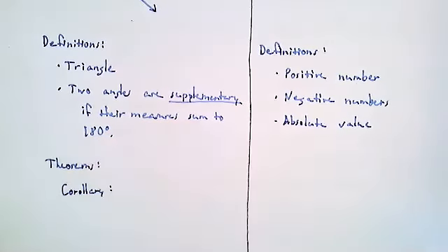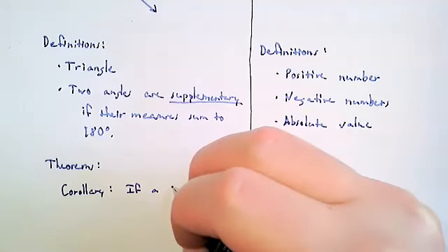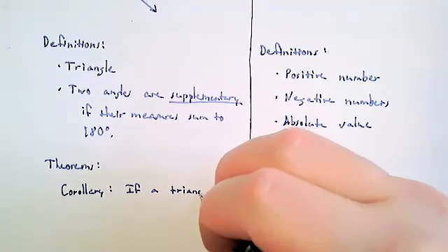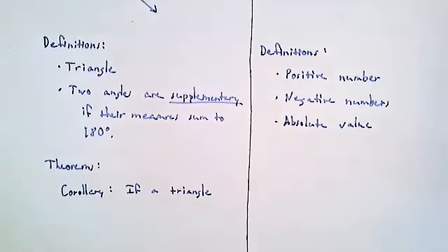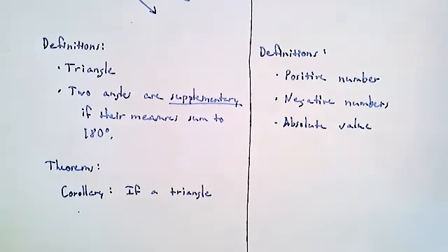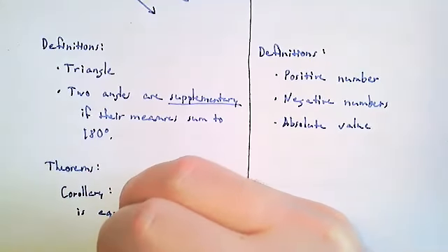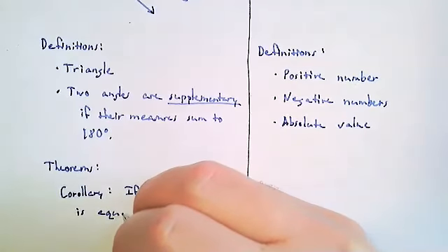So here's an example that your book calls a corollary. If a triangle is equilateral, then it is also equiangular. And this is actually a corollary of the theorem on the other side, or on the first page, excuse me. So if a triangle is equilateral, which means that all of its sides have the same length,